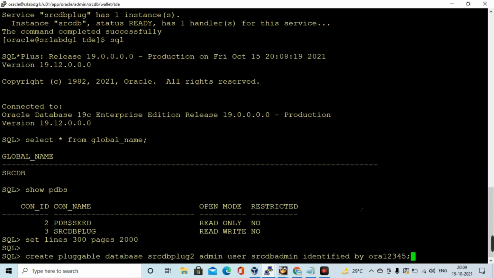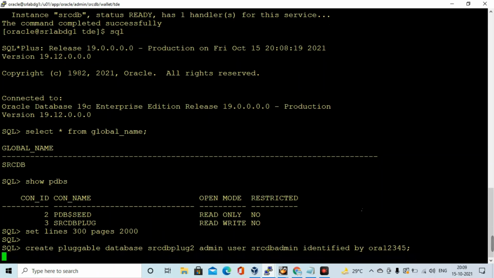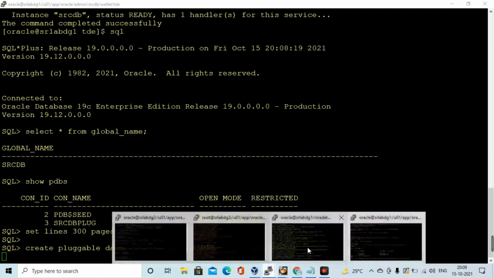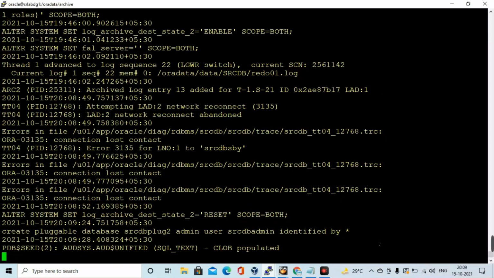The recovery on the standby side is disabled, so we need to do a manual standby restore. I am creating another pluggable database on the source side. Before that, I closed and shut down the standby database on the target side.